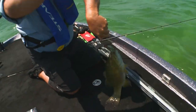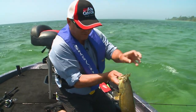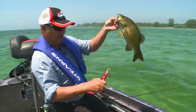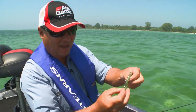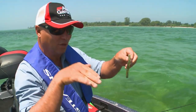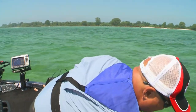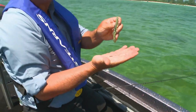Just hoist him in. Not a real big fish, but this backslide, it's a Havoc backslide, very unique bait that this fish hit. And I'm just gonna pop out this hook, just using a little wide gap hook here on this very unique bait, and it's heavily weighted in the rear end of this bait so that it falls backwards in the water column. And what I've got is a little ultra tungsten nail in the back of this, and I'll show you one right here. Here's just a couple of them. They're just a little tungsten nail, and I stuck it in the tail because it's kind of choppy out here,